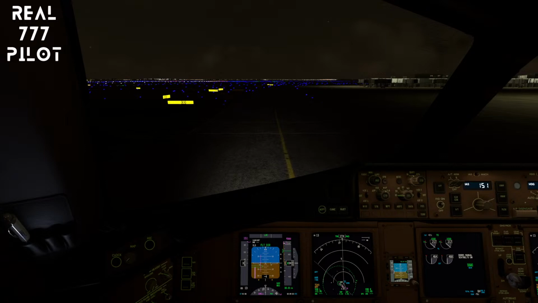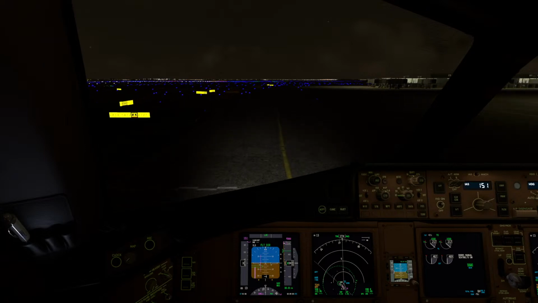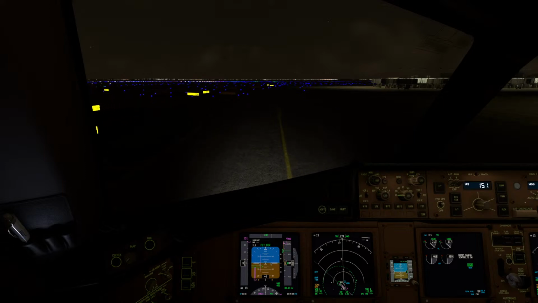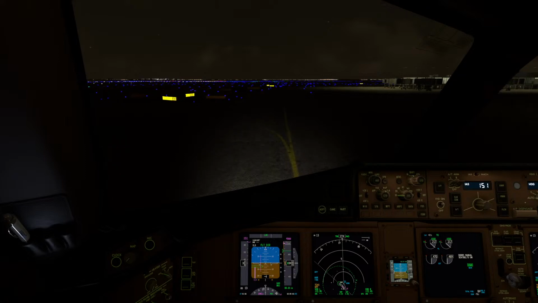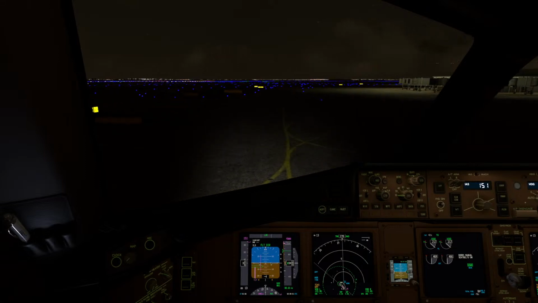American 1200, follow the American A319 off your left wing there for 4 left. Chicago taxi can be a nightmare, yes. Especially when ATC doesn't care about where you are going. Are you going to be able to take 4 left, or do you think you're going to need